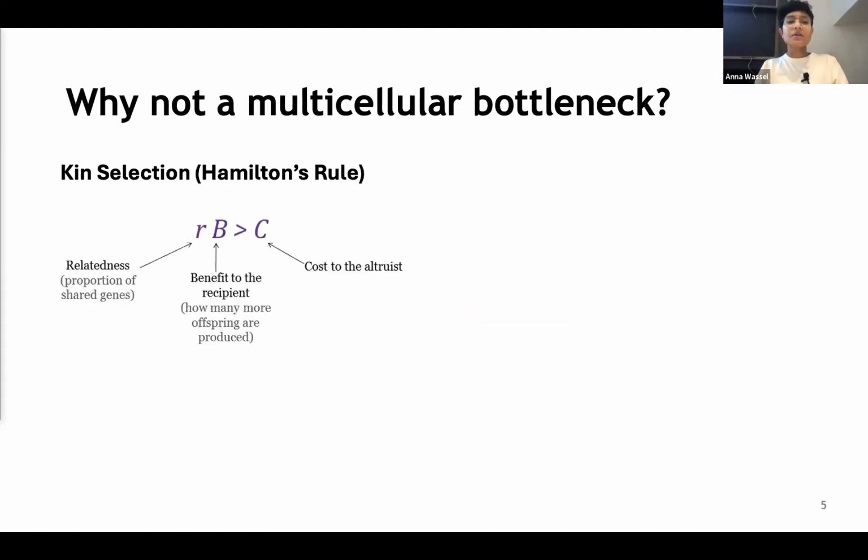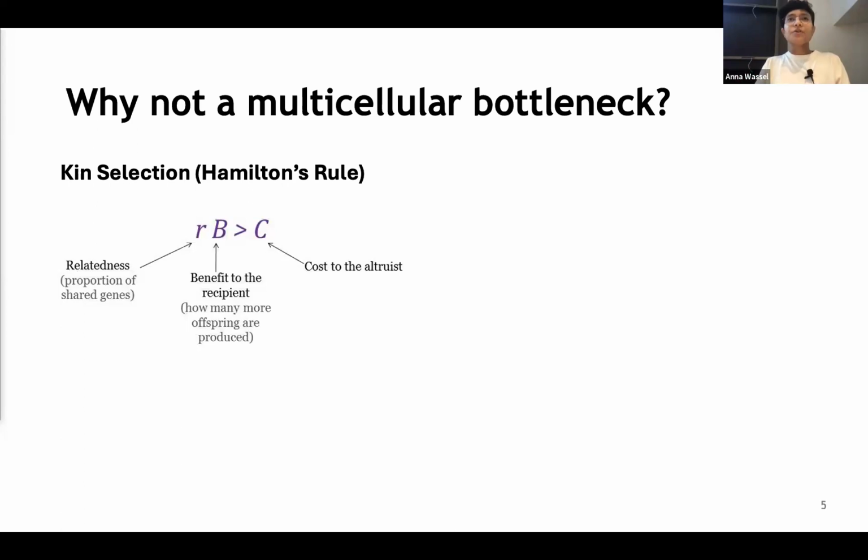But the question is, why not a multicellular bottleneck? All these organisms are very diverse and occupy a huge range of environments. So why have they all always evolved this one particular developmental pathway? And the answer that has been given by the field for a long time is kin selection, which is an adaptive explanation,